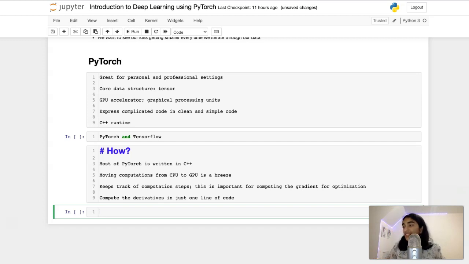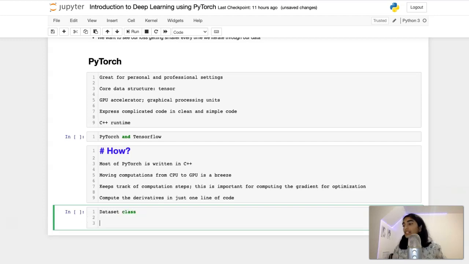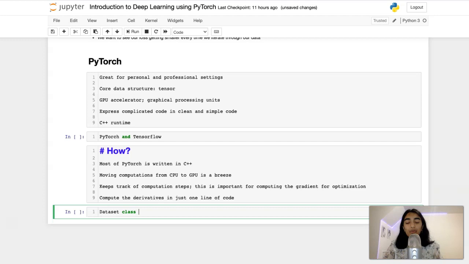And for that conversion process, we're going to need a dataset class. PyTorch offers that to us through the